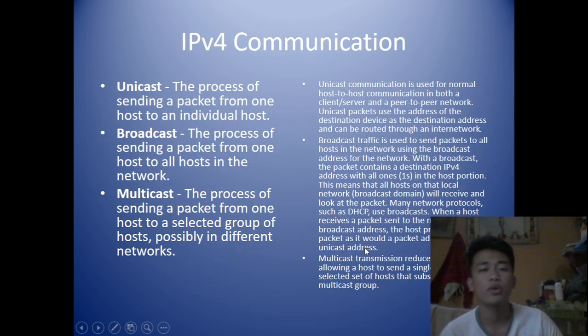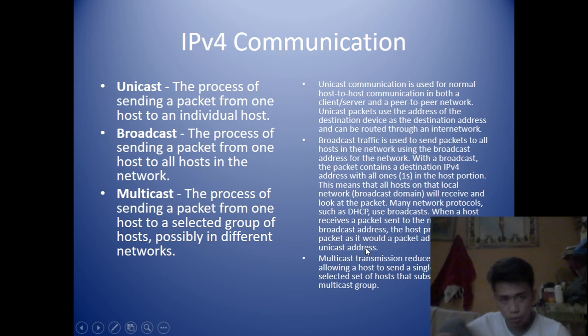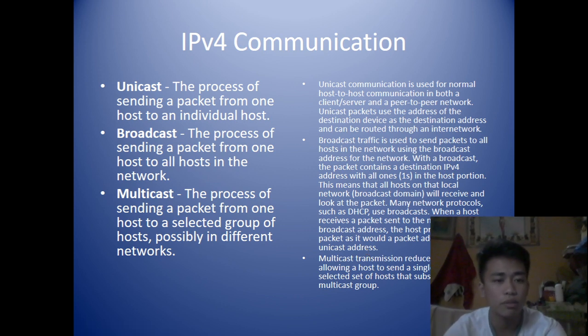So IPv4 communication, we have a few forms of communication here: unicast, broadcast, and multicast. For unicast, it is sending a packet from a host to an individual host. Broadcast is the process of sending a packet from one host to all hosts in the network. And multicast is the process of sending a packet from one host to a selected group of hosts, possibly in different